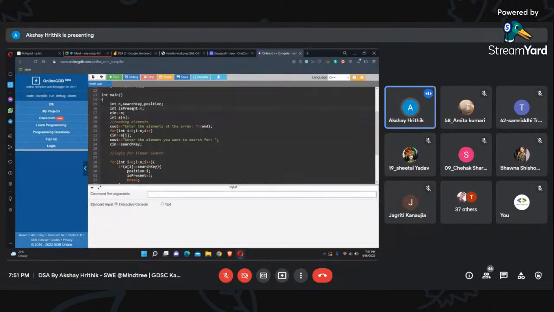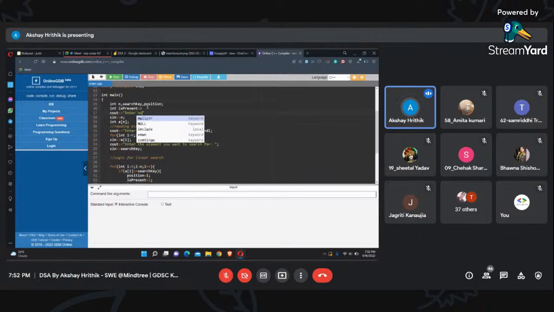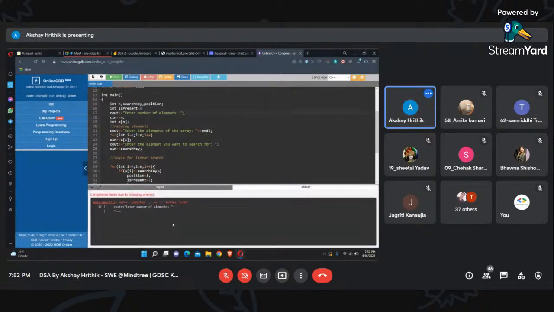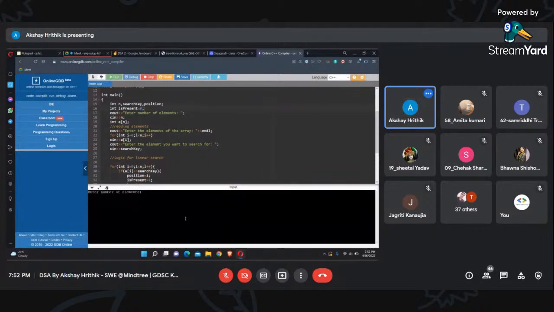So I actually missed out a cout, so it made it a bit confusing. cout, enter number of elements. Now it's gonna run perfectly. Yeah, there's semicolons. All right, cool. So let's say I have 5 elements, and I'm entering 1, 5, 2, 3, and 4,